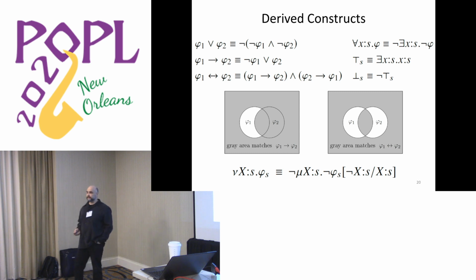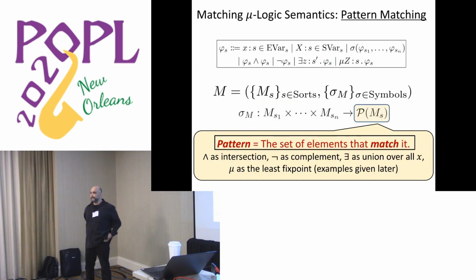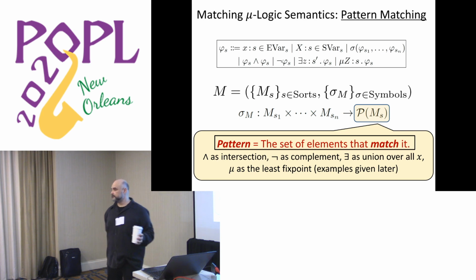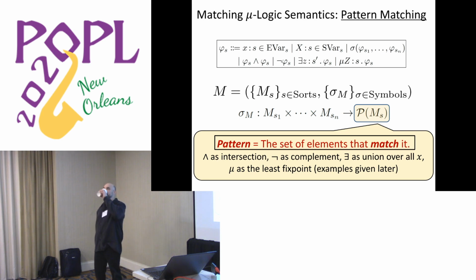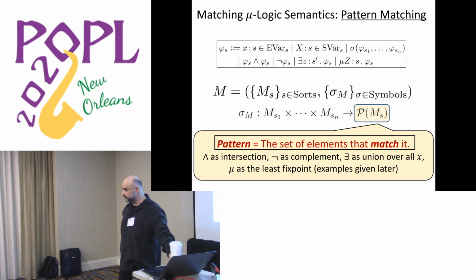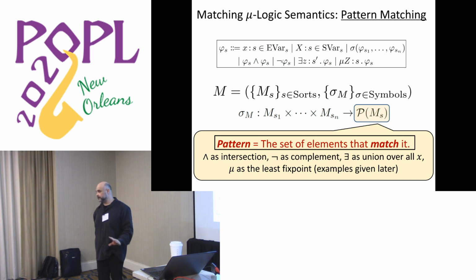All right? Oh, yes. A difference from patterns as we're used to them in, say, ML is that you don't bind variables that are then available somewhere else. Is that right? You don't bind element variables. With mu, you mean? In general, like in ML, the whole point of a pattern is to populate a variable environment with names for subterms. That part is not present here. Is that right?